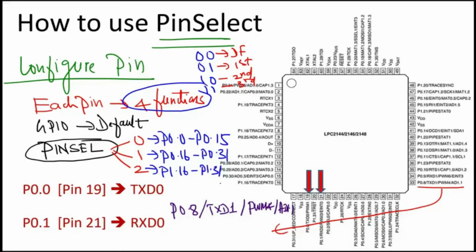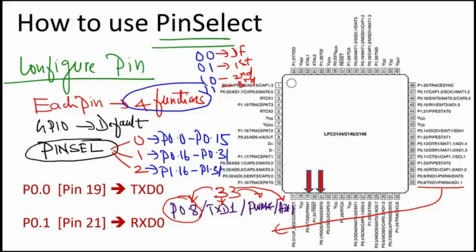The pin number that we are talking about is pin 33. Pin 33 can perform either port 0.8 function or transmit data 1 or PWM channel 4 or ADC 1 channel 1. So these are the 4 possible functions that this fellow can do. Just like Kamala Hassan performing 4 functions in Michael Madana Kama Rajan. So he can perform any character of the 4, of which port 0.8 is the default character.